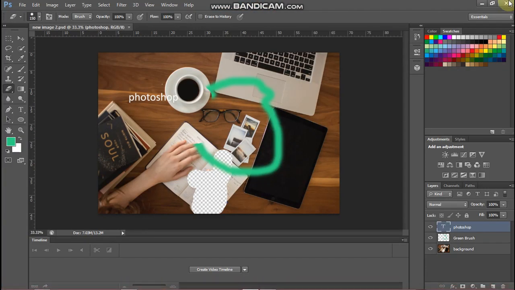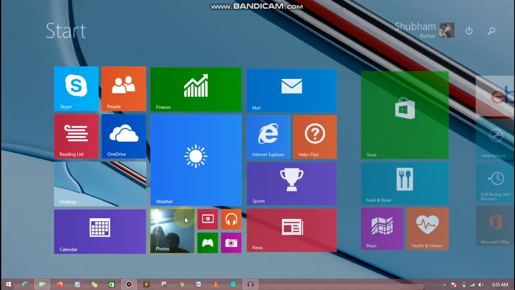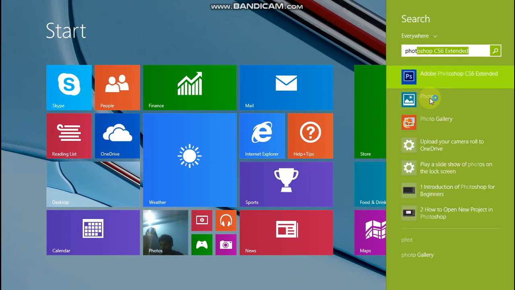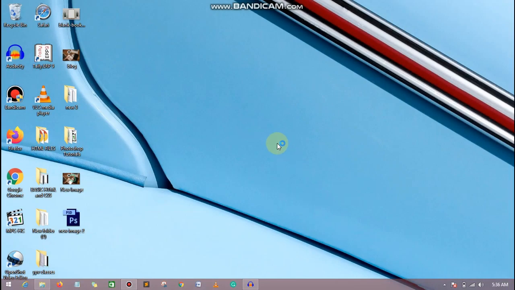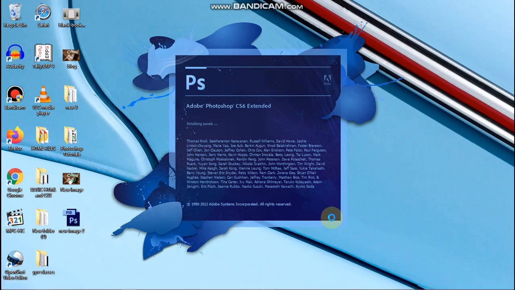So if I close this and I want my project back, I will just open Photoshop, click yes, and Photoshop is being opened.